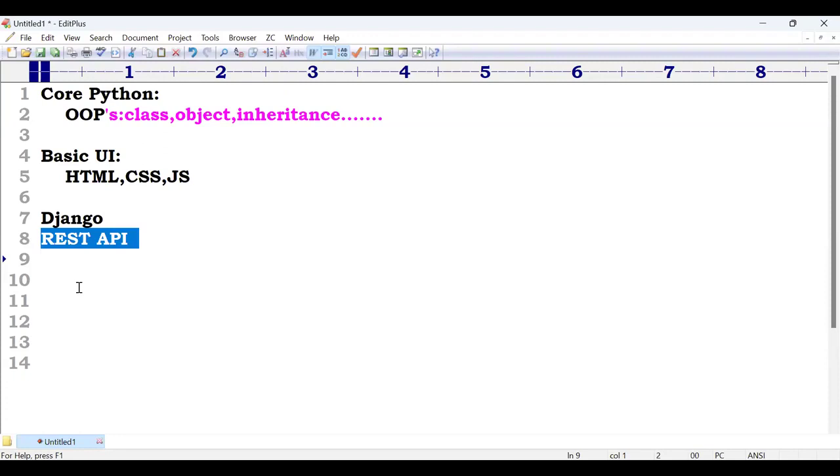Six or seven years back, if you knew only Python, core and advanced, then immediately you would get jobs. After that, they started asking about Django every time. Nowadays, if you go to any company, the compulsory mandatory thing is REST API. REST API is a small course only, hardly 10 to 15 classes are enough. But compared with all these, the last important thing is REST API only.